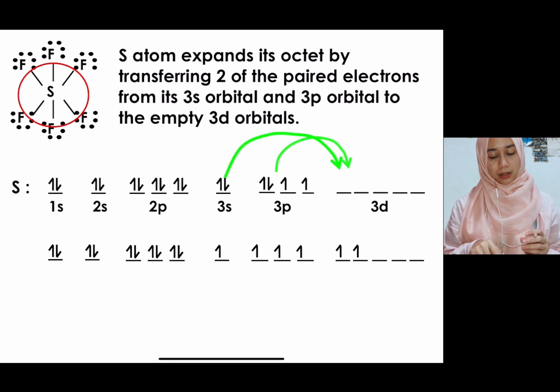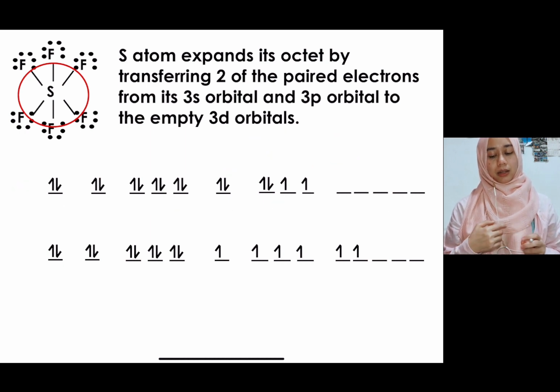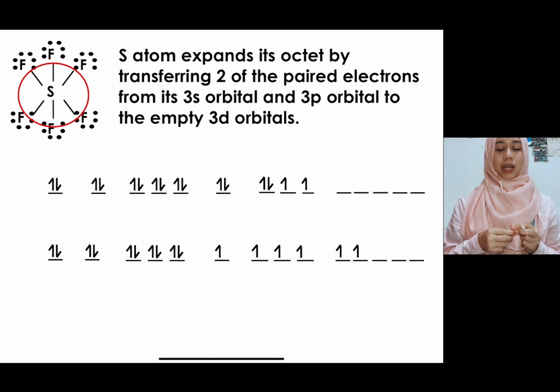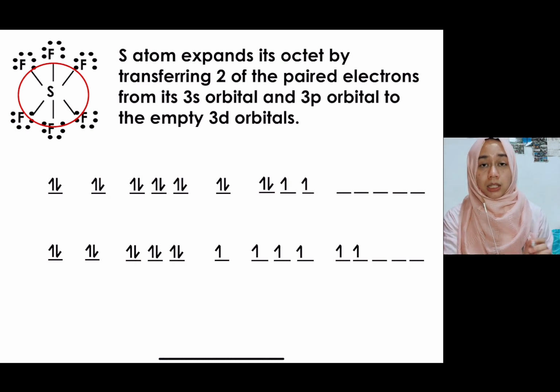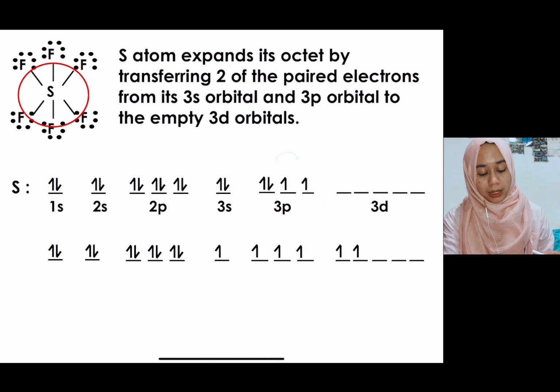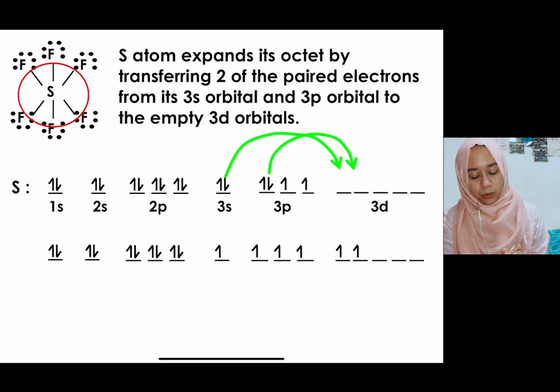So the S atom expands its octet by transferring 2 of the paired electrons from its 3s orbital and 3p orbital to the empty 3d orbital. Okay. So the first orbital diagram, the first line that you see, is for the sulfur atom. So what happens is, if you look at the 3p, we have 2 unpaired